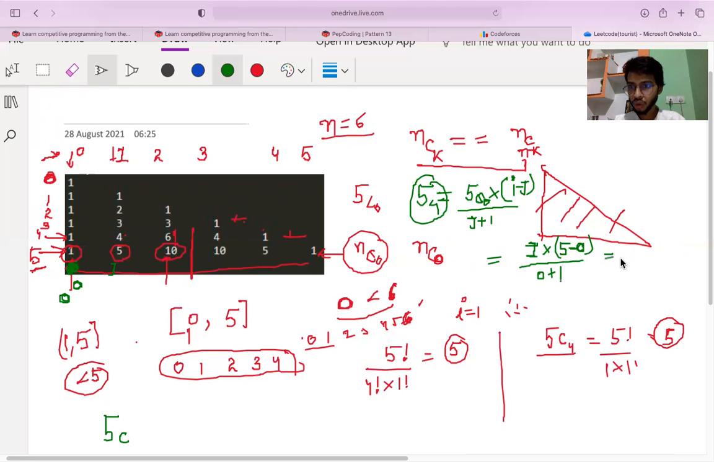And so what was the general formula? I have just written it for this situation. If I write it for the general one, how can I write it? nCk+1 is equal to nCk, because I'm moving from k to k plus 1, so that is nCk into, just one second, into